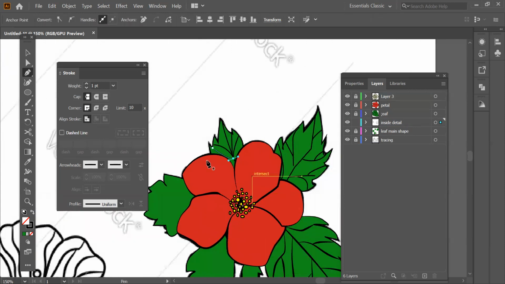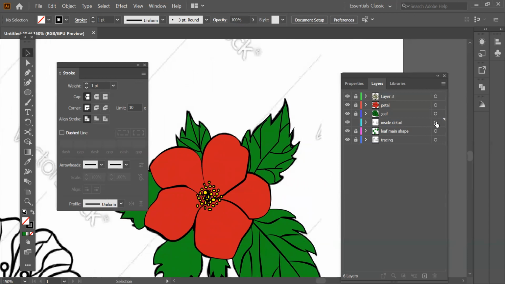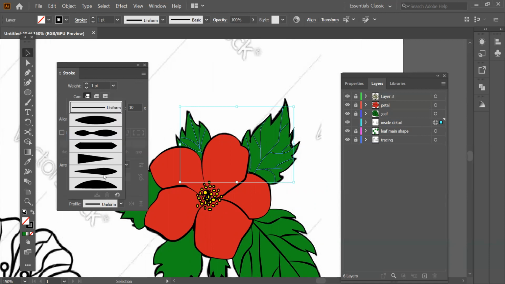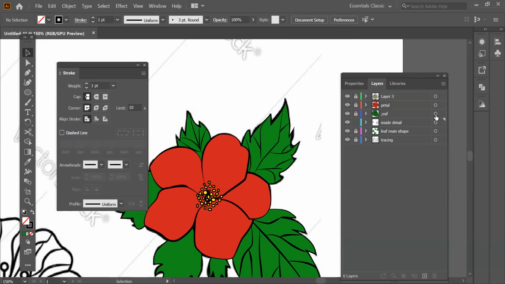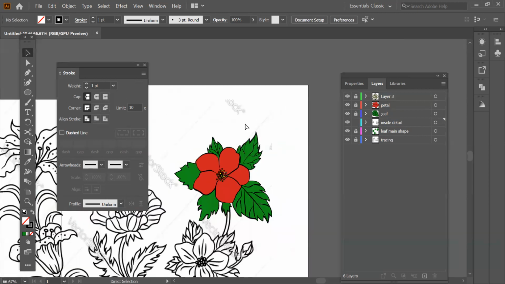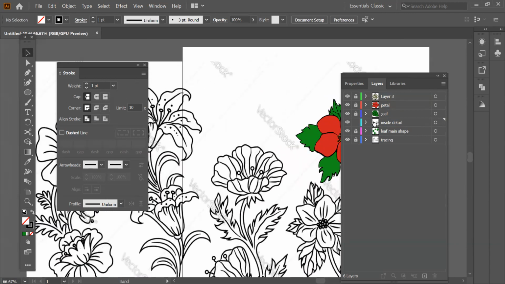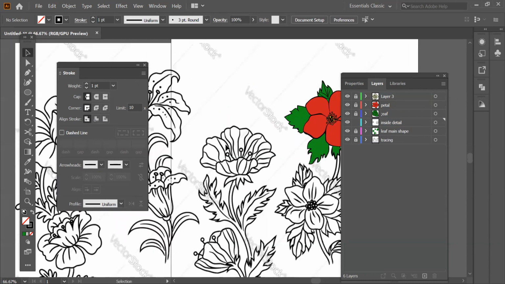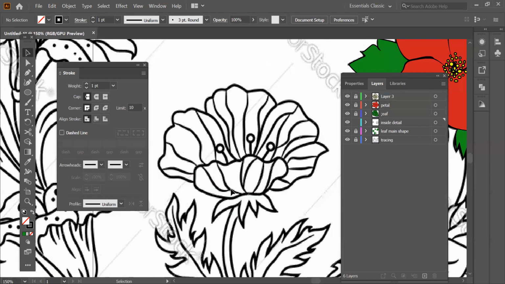And suppose this one is done. Now see, if I want to apply this profile on the strokes, what do we have to do? We have to select whole inside detail into one go. Select it and then we can apply the profile. So it was more easier, right? Because we wanted the same quality of stroke. So the more you'll divide it in the kind like one type wise, then it will be more easier for you to work on. Like let's suppose this flower, okay? So all the petals you want to fill the same color. So what we can do, we can make the petal into one layer, all the inside detail into another, and these round into one.